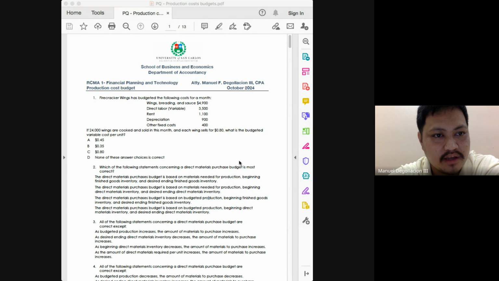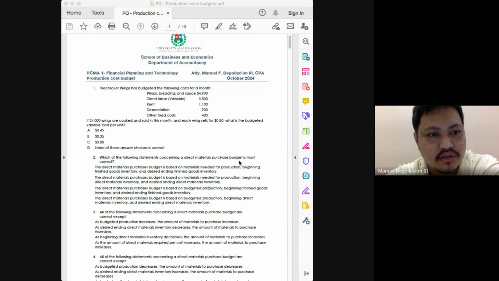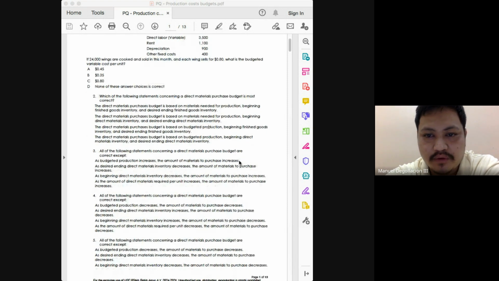Okay, so again, the takeaway from this problem would be simply on the classification of your costs into variable and fixed cost. Okay, you're expected to know which costs are typically variable costs and which are typically fixed costs. Okay, number two, which of the following statements concerning a direct materials purchase budget is most correct? Okay, and the answer here is